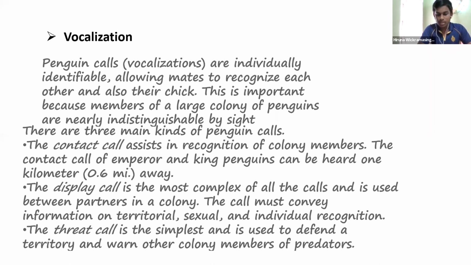Contact call helps them to recognize colony members, and the contact call of emperor and king penguins can be heard 1 kilometer away. Display call is the most complex of the three, and it helps to convey information on territorial, sexual, and individual recognition. The threat call is the simplest and is used to defend a territory and warn other colony members of predators.